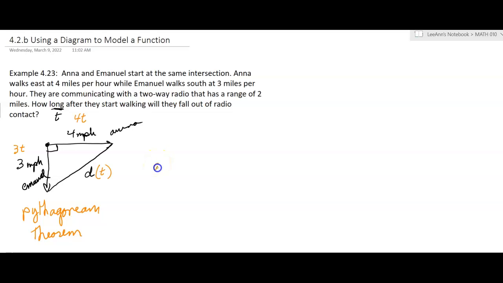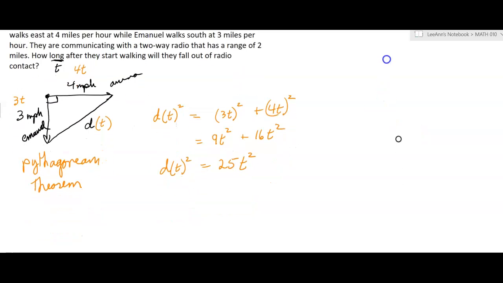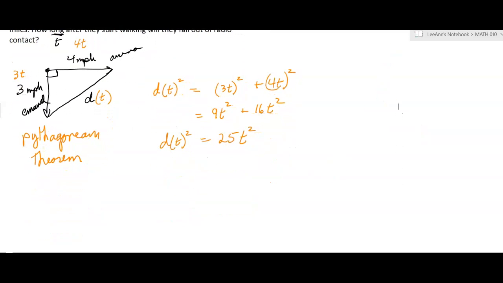So we can say d of t squared is equal to (3t) squared plus (4t) squared. And then that's going to give us 9t squared plus 16t squared, which is going to be 25t squared, right? Now, that's what d of t squared equals, right? That's their distance. And you might be saying, hey, wait a minute, this isn't even a linear function because